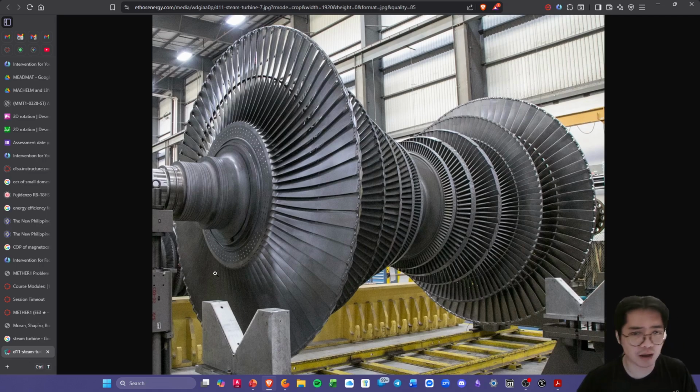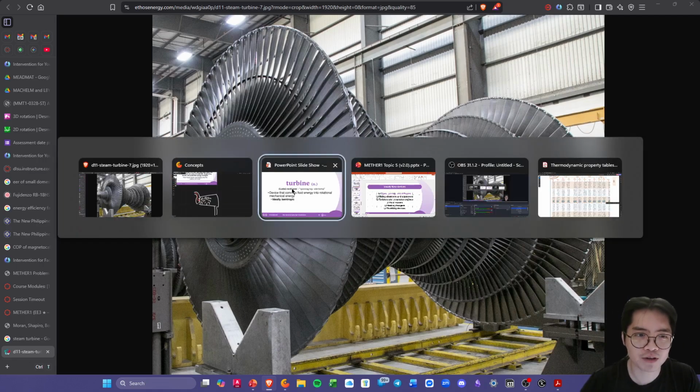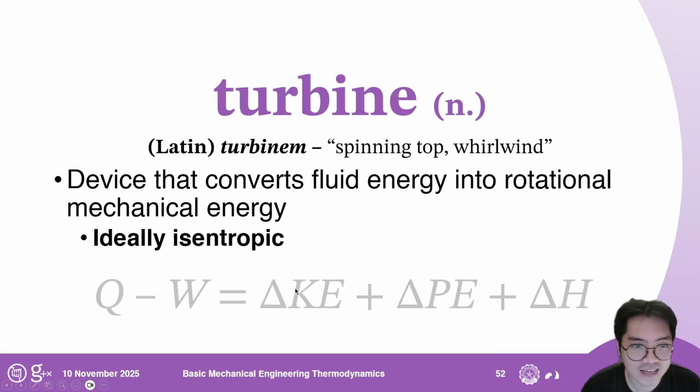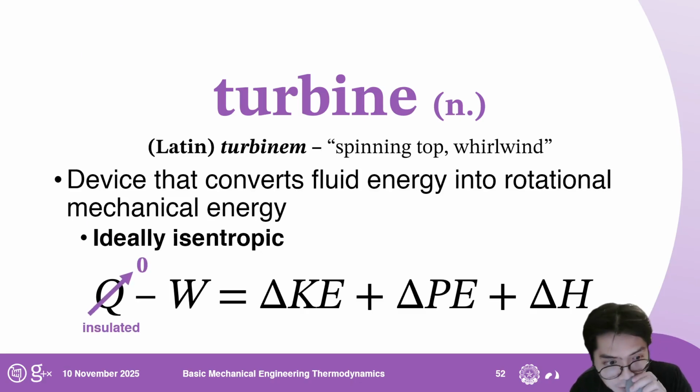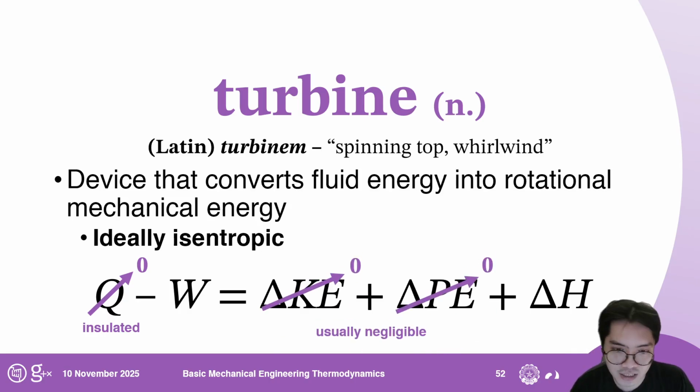Now, anyway, we go back here to the turbine. The thing now is that this turbine, you expect this to move. You expect this to rotate, which is where the work is going to come from. But because this is ideally isentropic, there should be no heat transfer. This should be insulated. And most of the time, but not always, KE and PE are negligible, usually, most of the time. And so what we will see in here is just that your work,